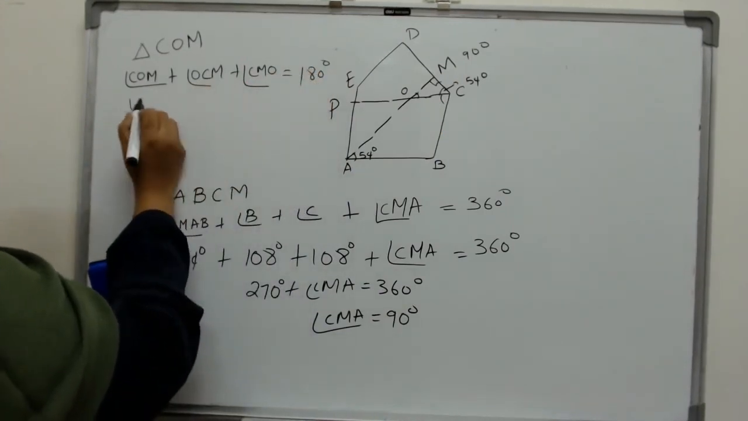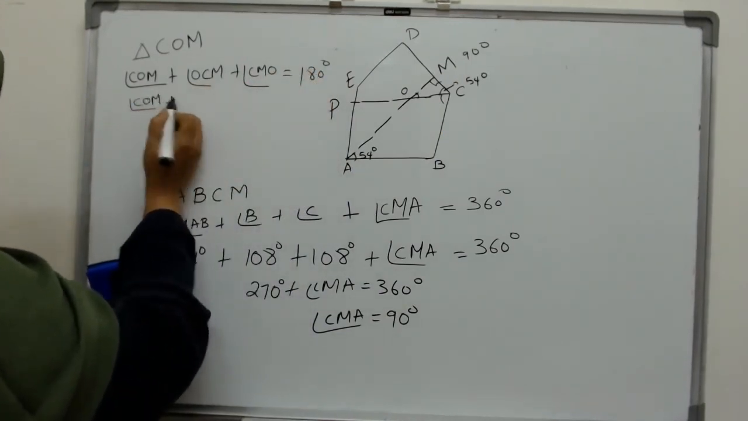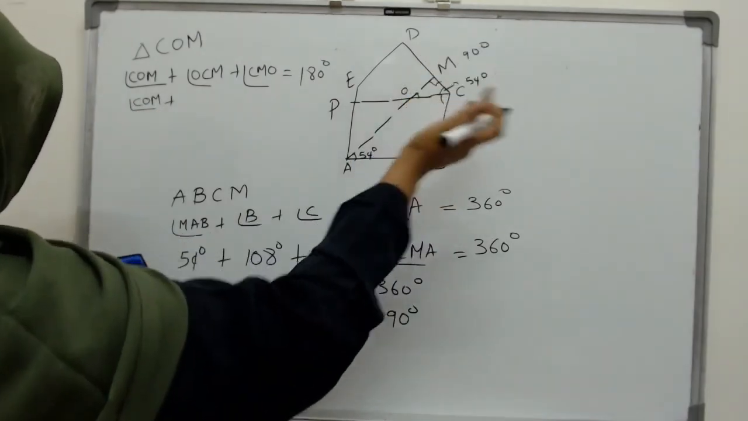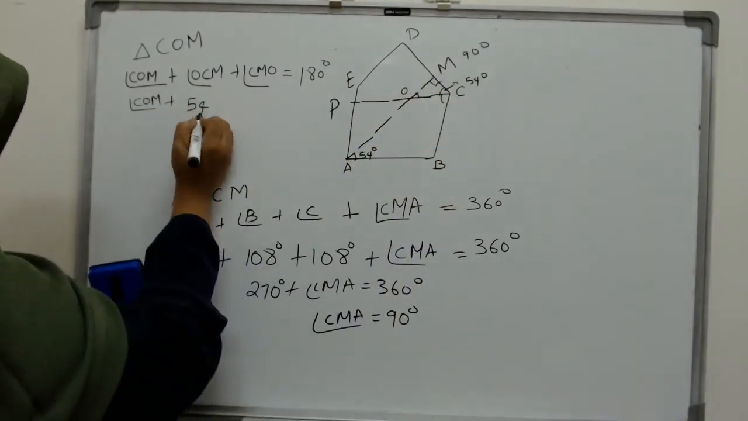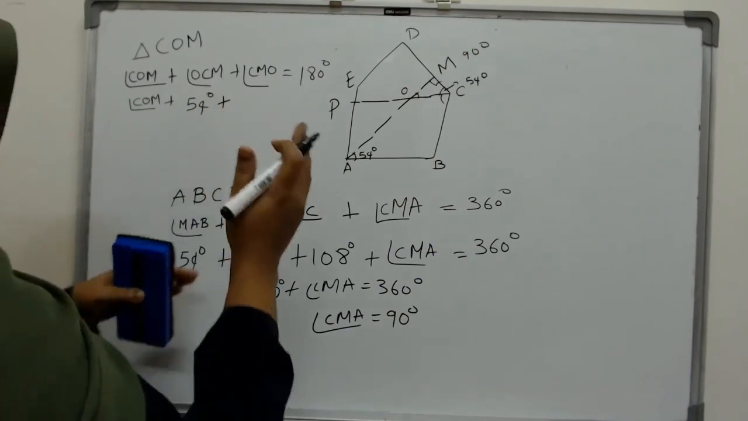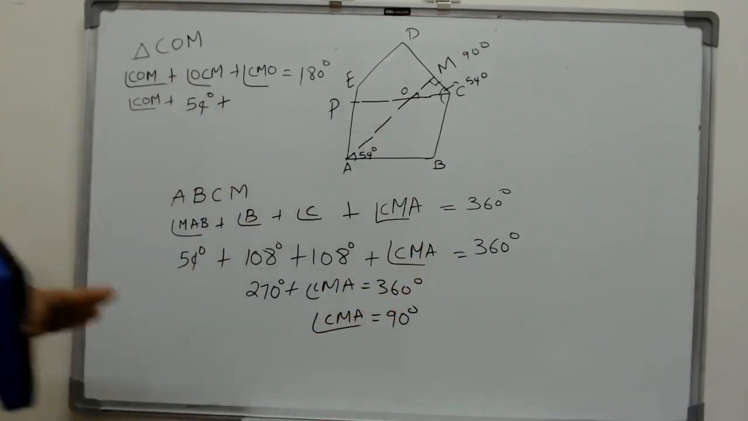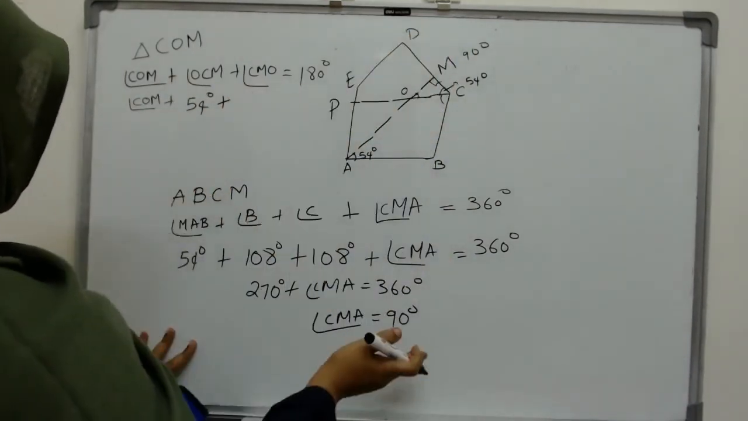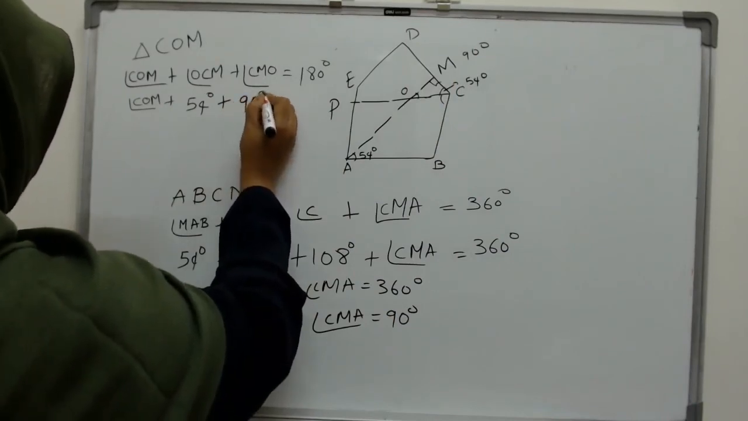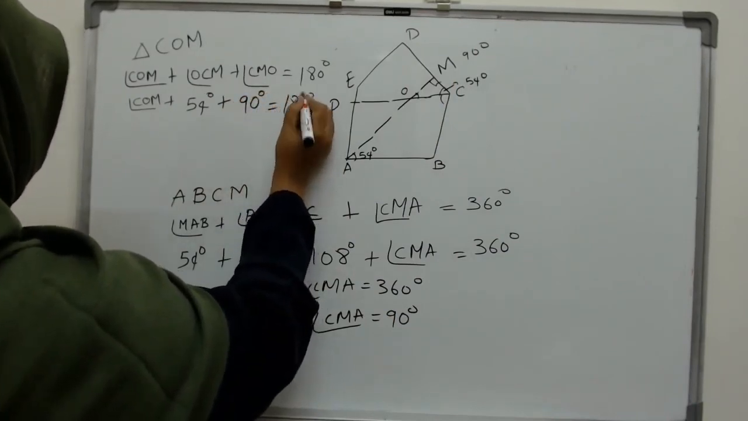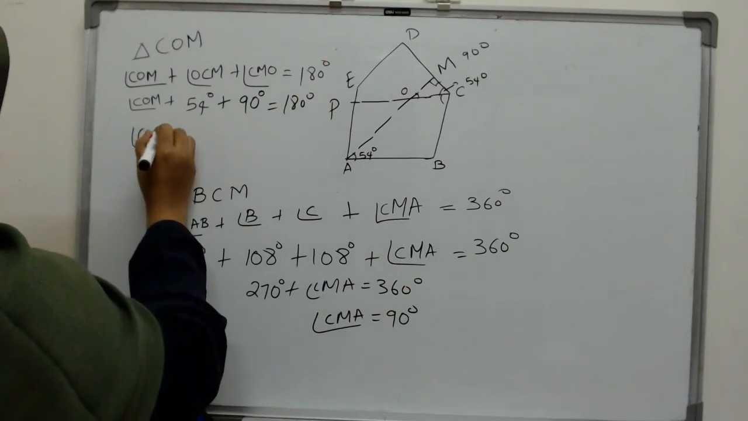So angle COM is what we want. Angle OCM is 54 degrees because it is a bisector. The whole angle is 108, it divides it into half. And this angle is 90 degrees. We just found out. So angle COM is equal to